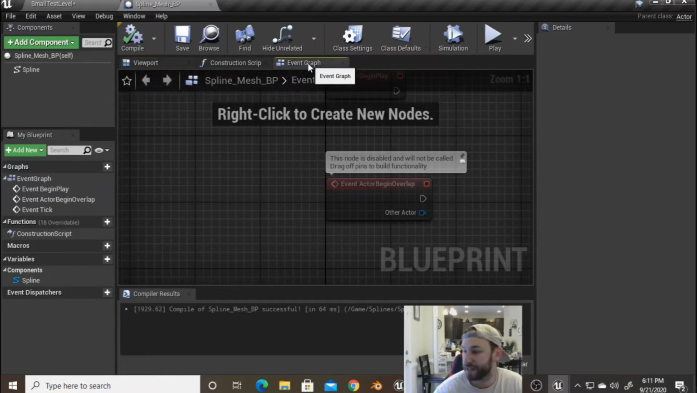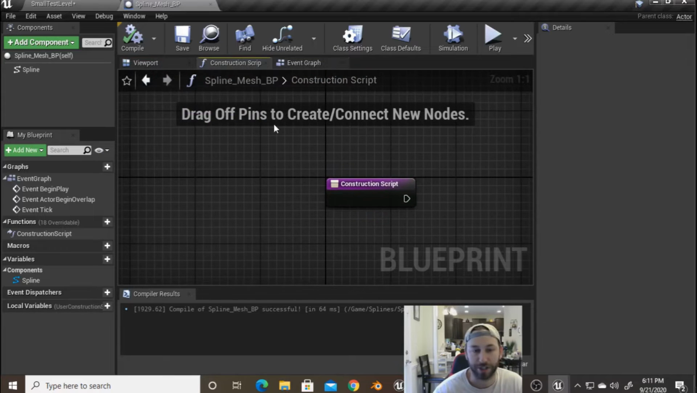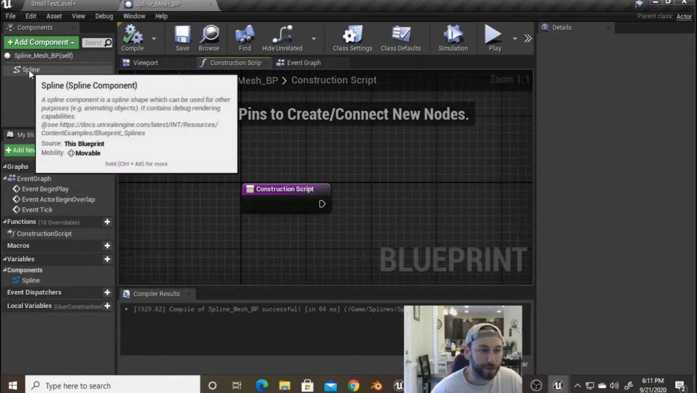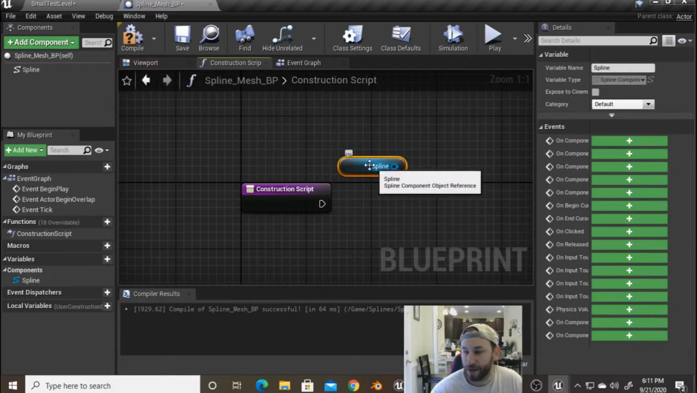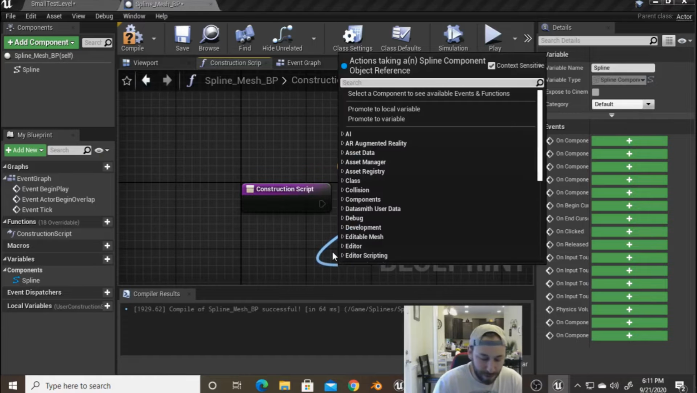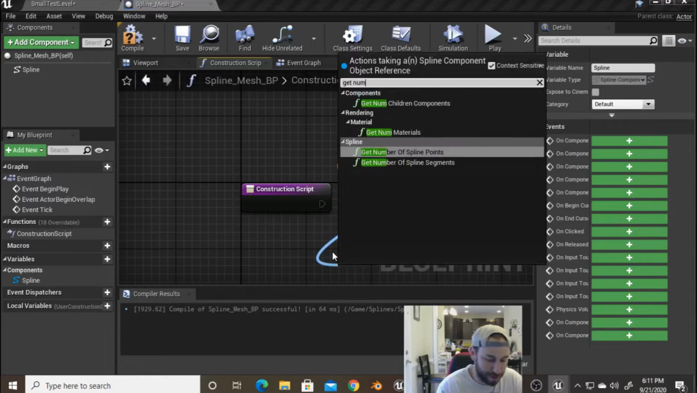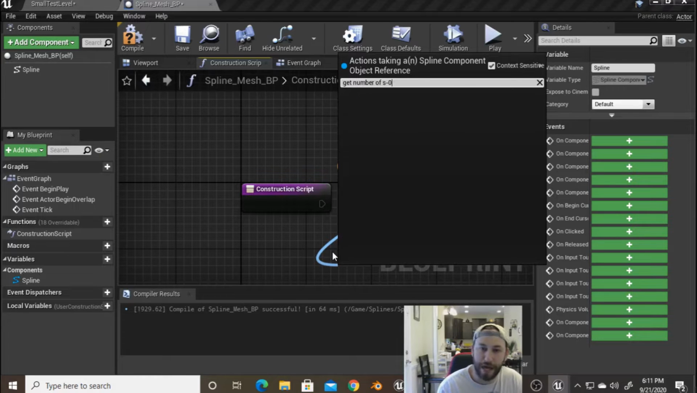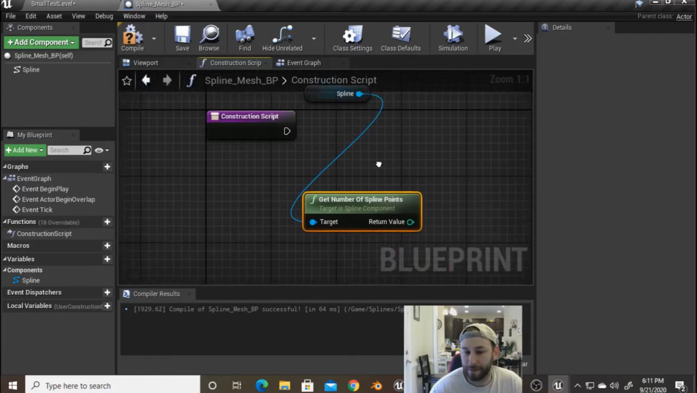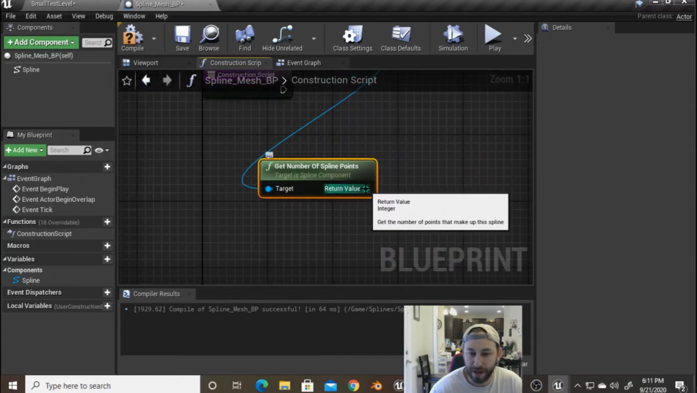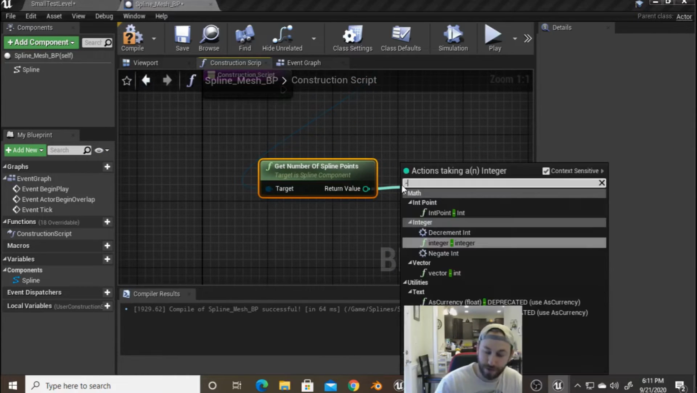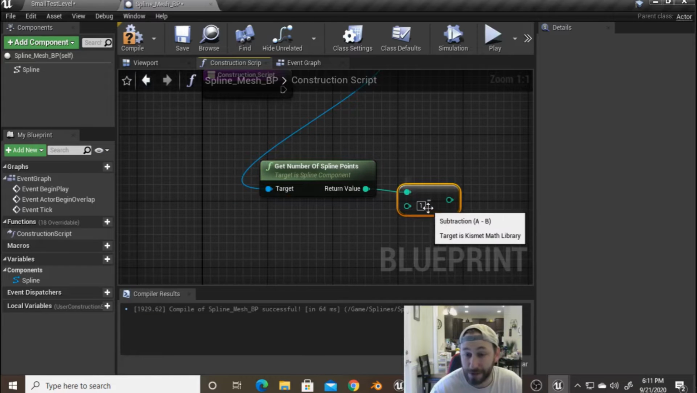We don't need anything in the event graph. We're going to the construction script. The first thing we're going to do is get a reference to our spline, and then call Get Number of Spline Points. Then we're going to drag off of this integer return value and subtract 2 from it. And the reason for that,